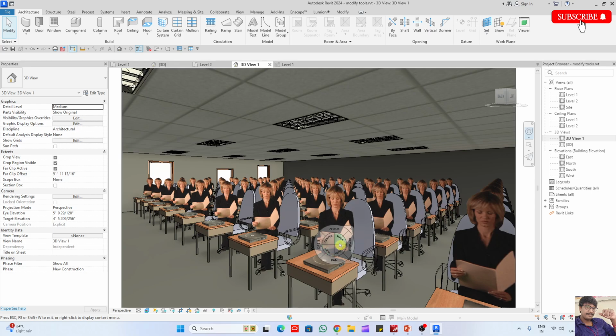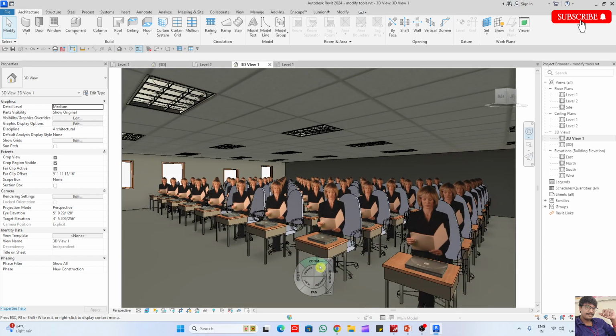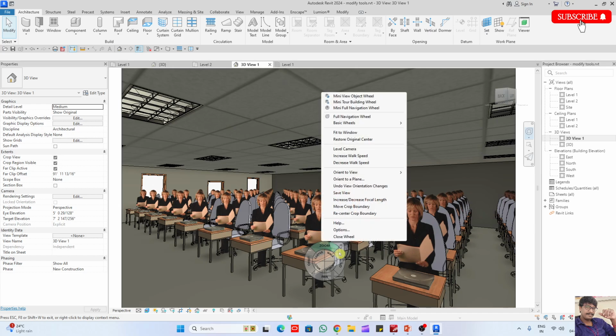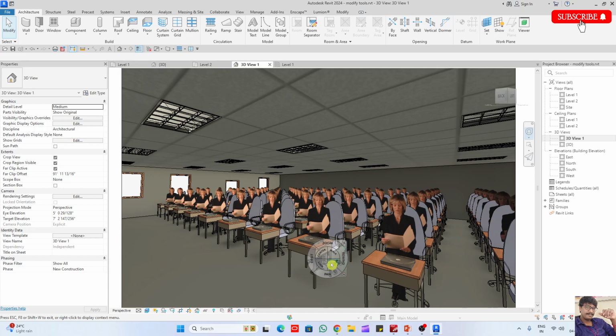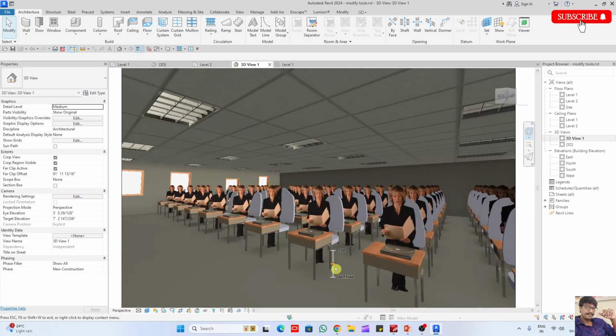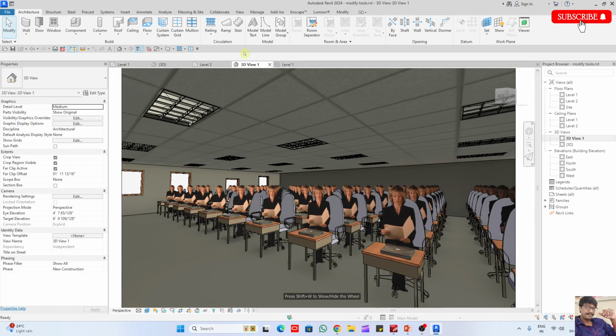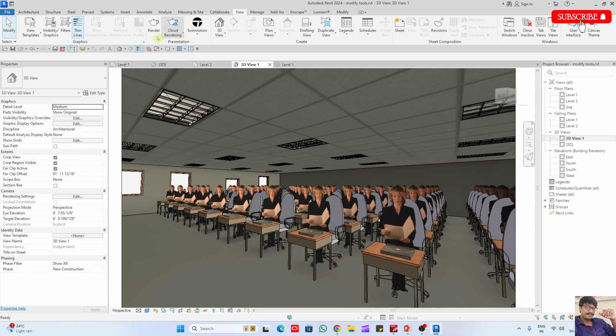If you do walk back, look, right click, increase the focal length, and so go to view, take the render,